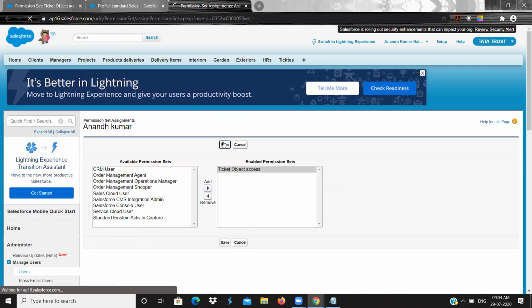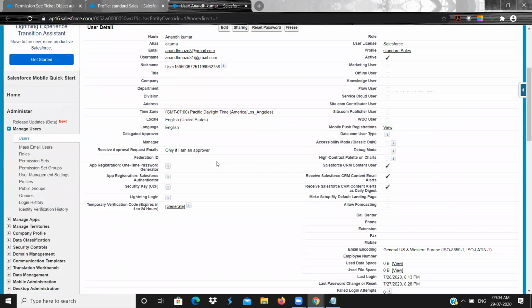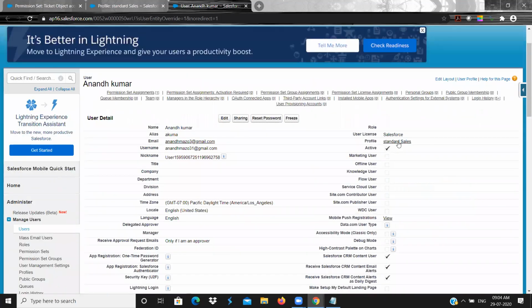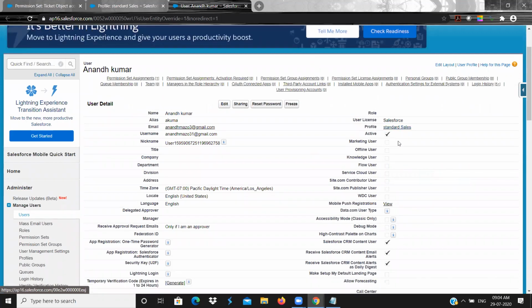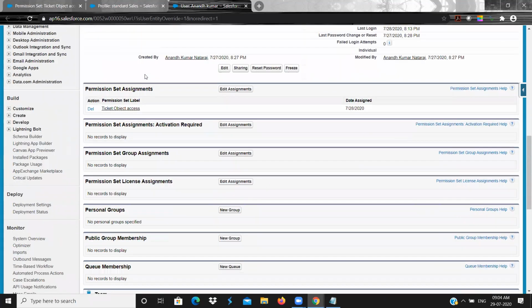Save. Now the permission set is assigned to this particular user. So this user has the sales profile and also this permission set.